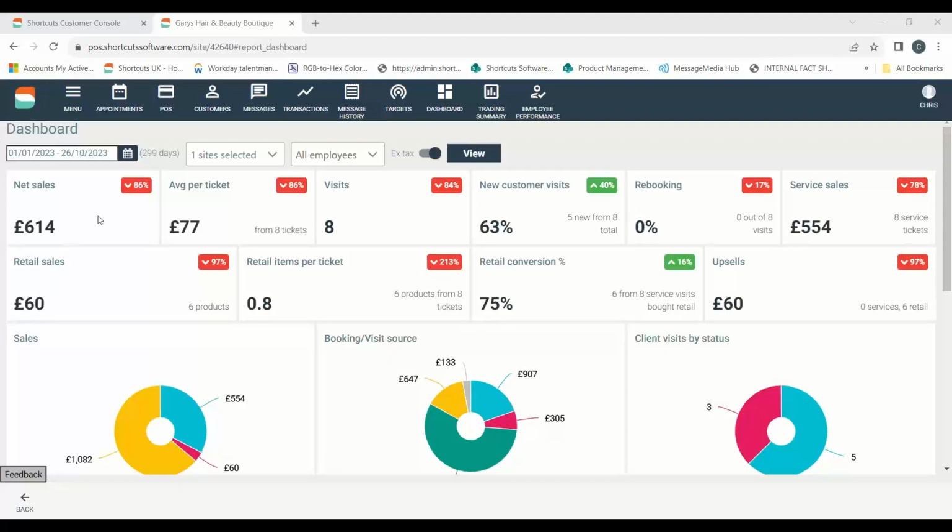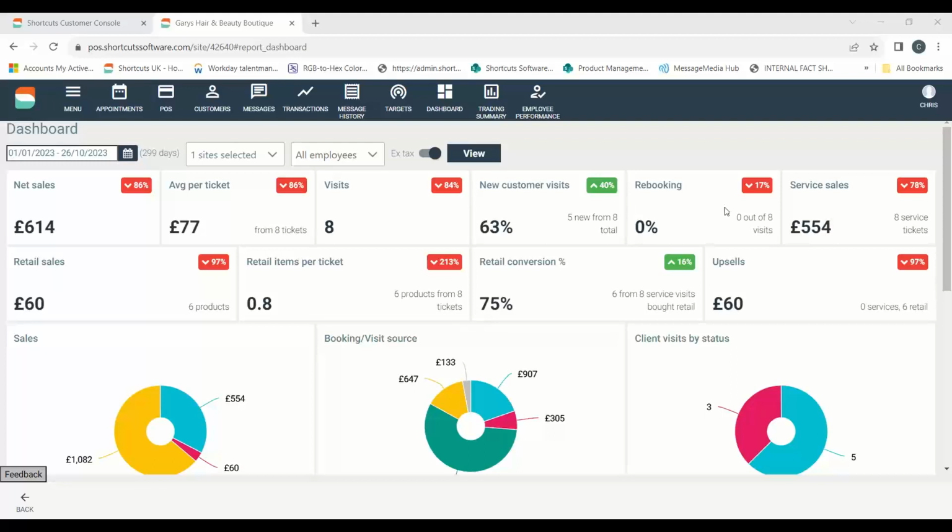Now, along the top here, we've got our 10 KPI tiles, key performance indicators. Now, what this does is whatever date range you've inputted there, it will track that date range with the year prior to it. Okay, so you can track how well you're doing. Naturally, I'd only really recommend doing this on a weekly basis or a monthly basis. I wouldn't track an entire year, well, I suppose you could do an entire year actually, but I would usually do a week or a month